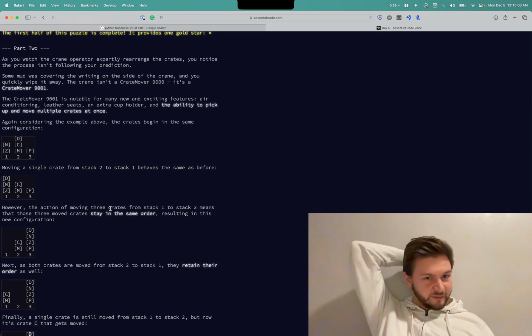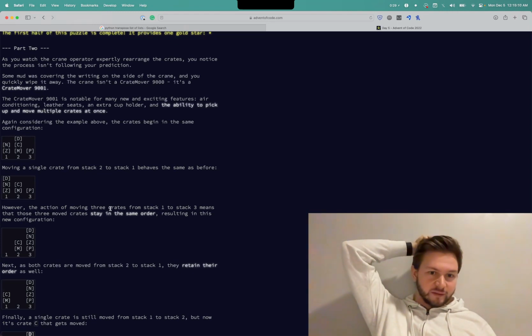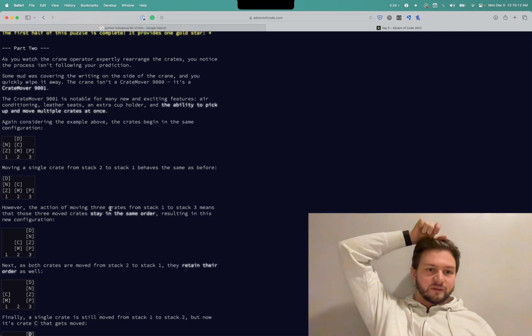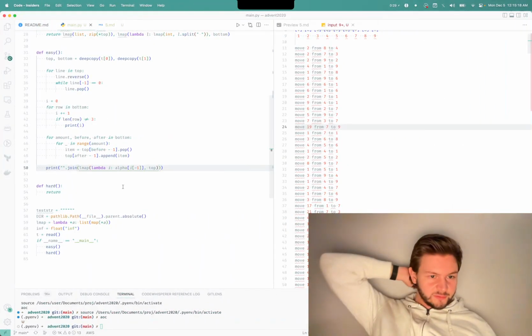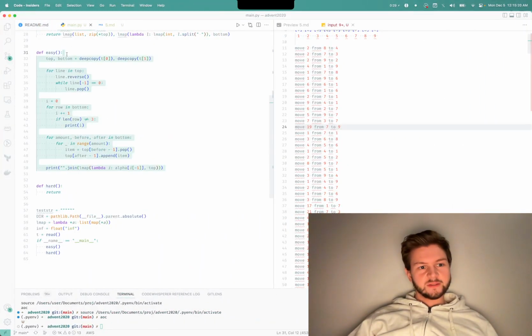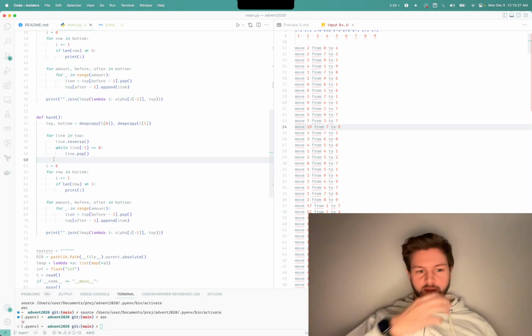As you watch the crane operator rearrange the crates, you notice the process isn't following your prediction. Some mud was covered. If you quickly wipe it away, the crane isn't a great move. Oh no, 9001. Ability to pick up multiple crates. Oh, would you look at that? So now we